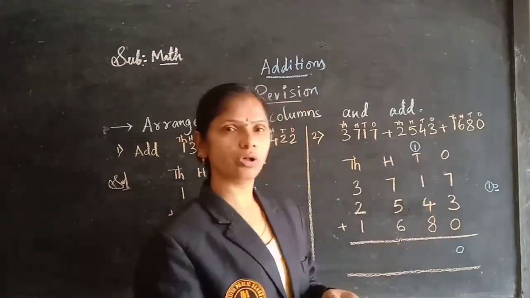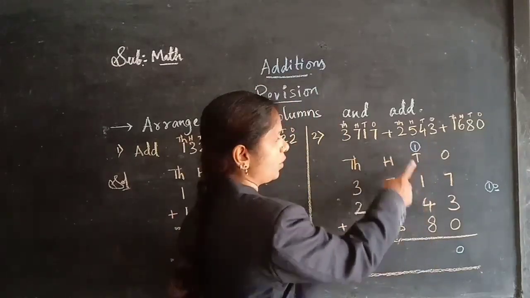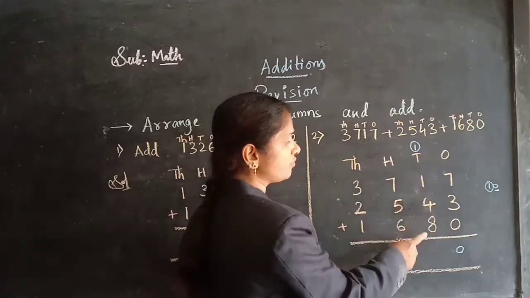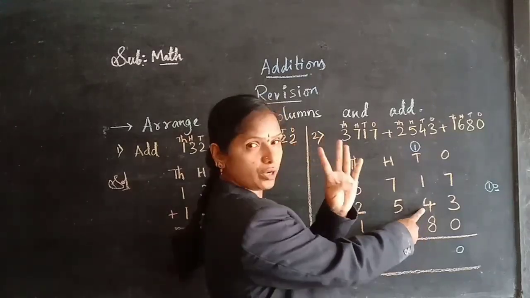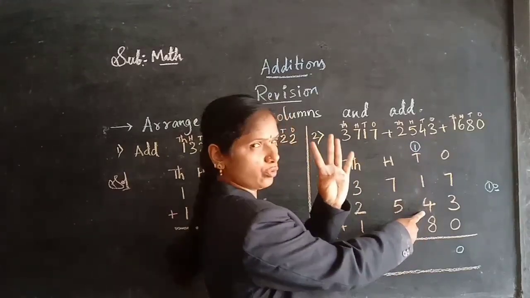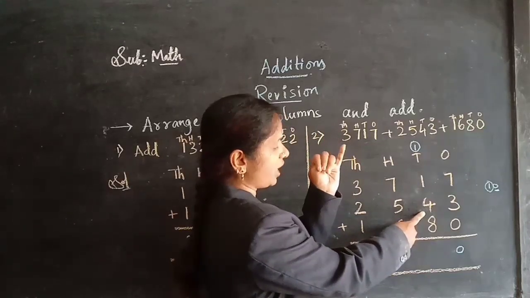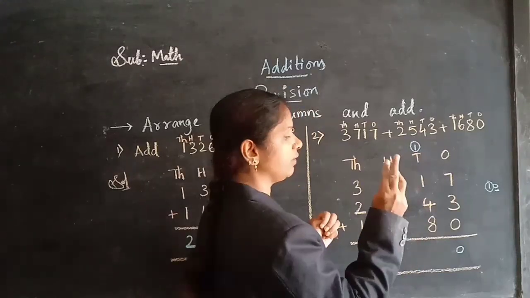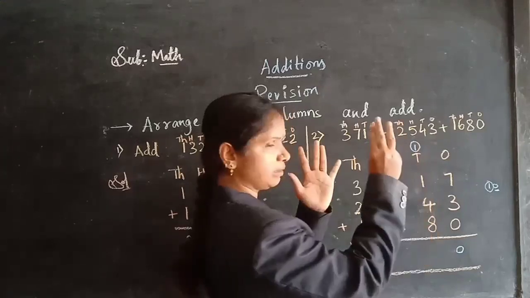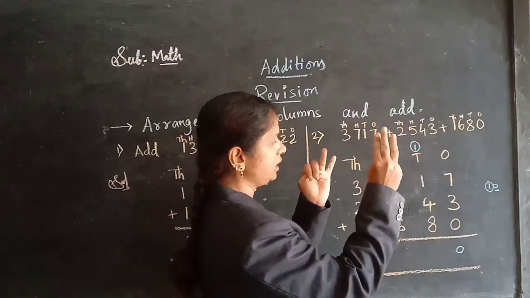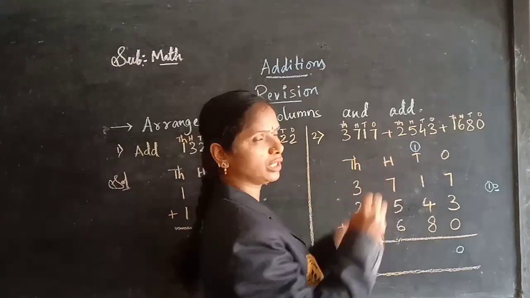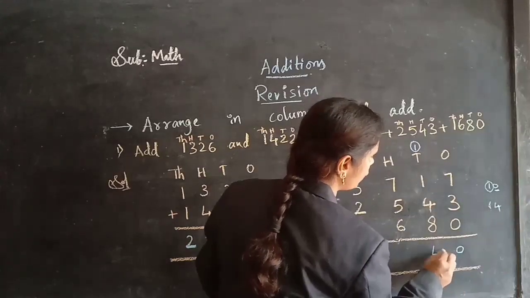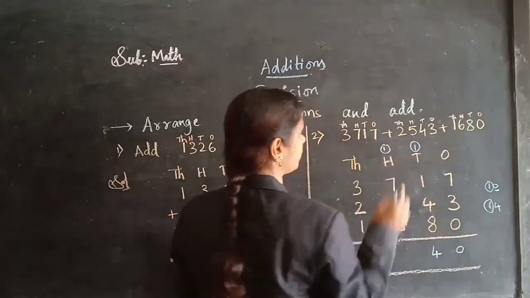Now I am adding the tens column here. 1 after 1 I need to add. 1 after 1, nothing but 2. 2 after again 4 I need to add here. 2 after 4 means 3, 4, 5, 6. 6 I am getting. 6 after again next 8 I need to add here in the given question. So 6 after 8, nothing but 7, 8, 9, 10, 11, 12, 13, 14. 14 I am getting here. 14 is a 2 digit number, no, children. 4 here and 1 carry.